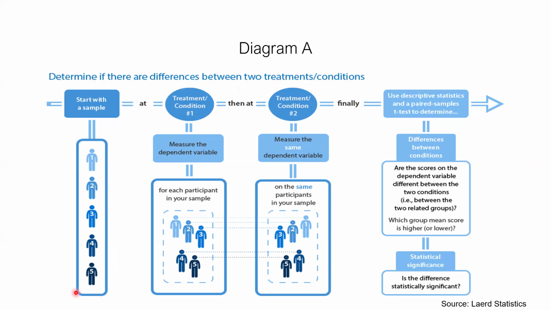You start off with your sample. Okay. Now, in the first treatment or in the first condition, okay, you expose your participants. Okay. Then you measure them in a particular dependent variable. Okay. So say, for example, in this case here, the first condition would be they have to enter a room with blue light. Then the dependent variable that is being measured would be how long they reacted, or what we refer to as reaction time.